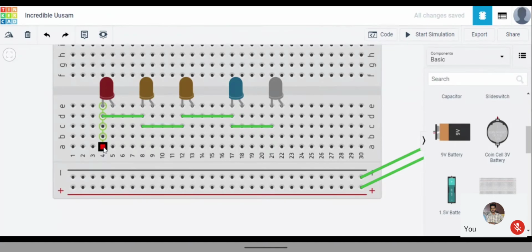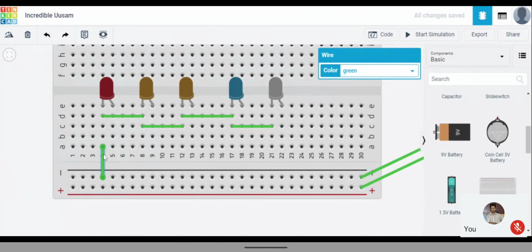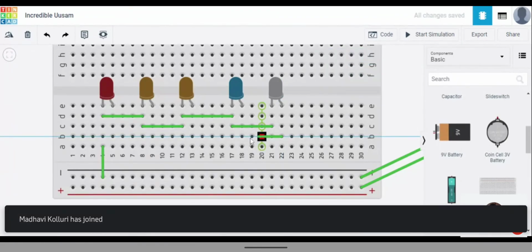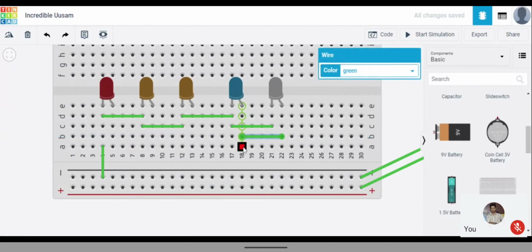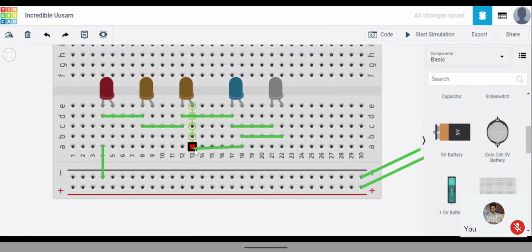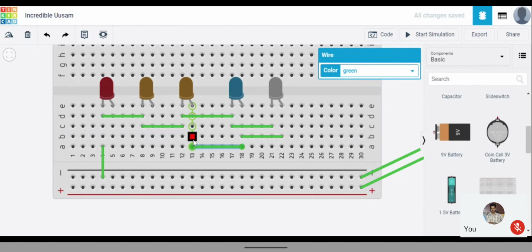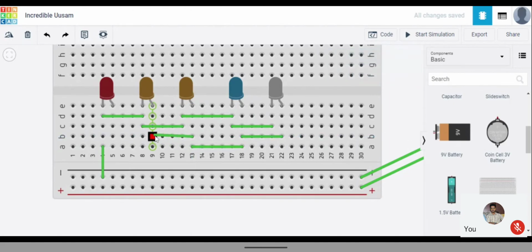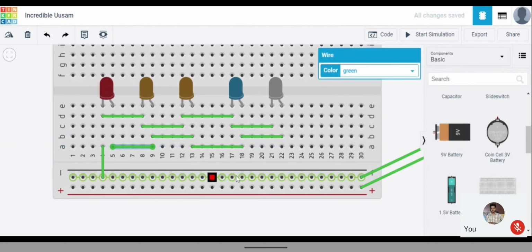If I just connect this one to here, see, there's a small one, but the connection is going to everything. The same way we need something for the positive also. I'll take this positive to here, and the same positive to another positive, and from this positive to another positive, and from that one to the other.